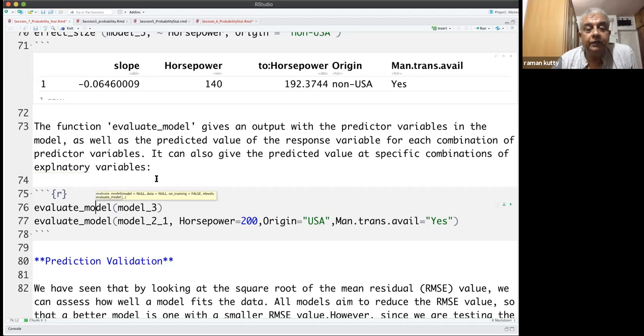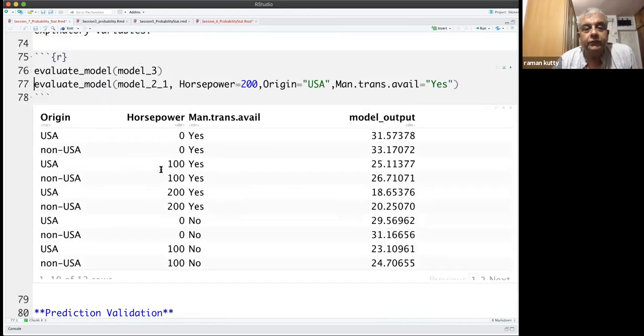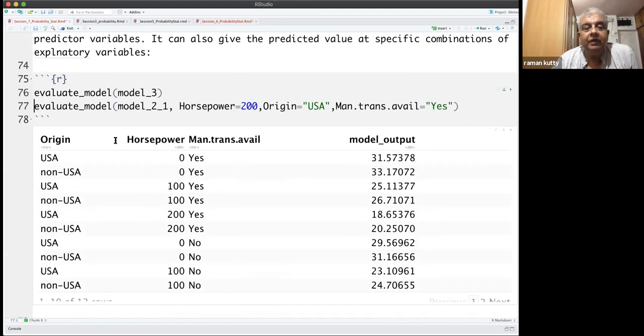When you say evaluate model, what you get is this: for each level of the variables in the model, you have three independent variables in model 3, that is horsepower, manual transmission, and origin. For each combination of these three, what is the predicted mileage? That is what is given. So that is evaluate model.